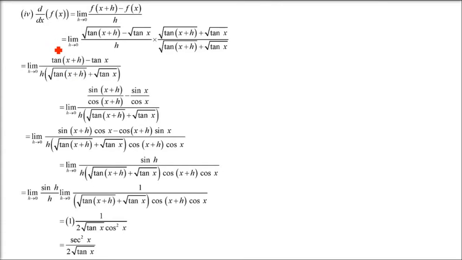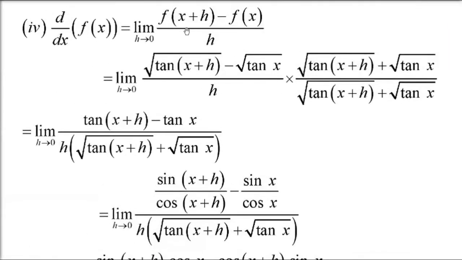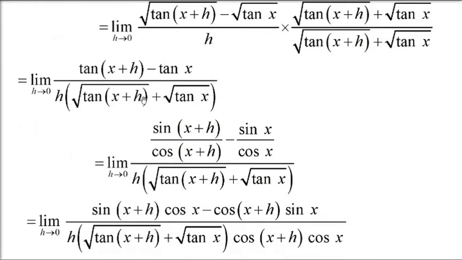Now this is under root tan x. So as I said, wherever under root will come, it is highly likely that you have to apply the multiplication by the RF. So this is under root tan x. Now let us see f(x plus h) minus f(x) by h. So under root tan(x plus h) minus under root tan x by h. Now you have to multiply it by the RF, that is take the plus sign and multiply numerator and denominator. So you have this a minus b, a plus b, a square minus b square. So root gets cancelled. So tan(x plus h) minus tan x.